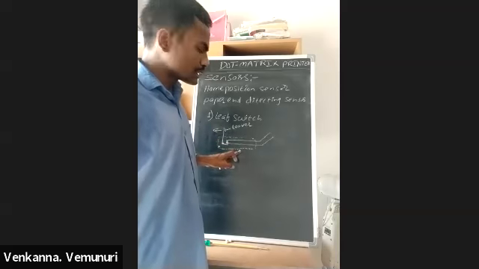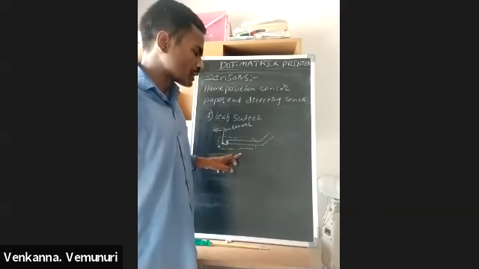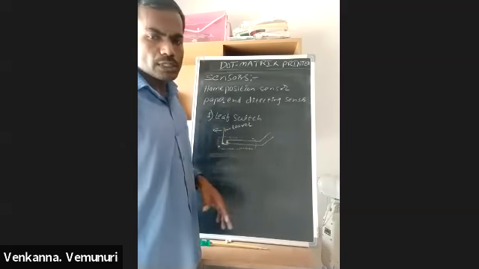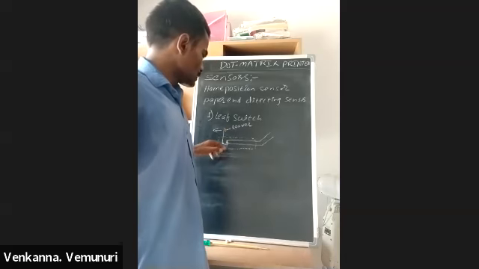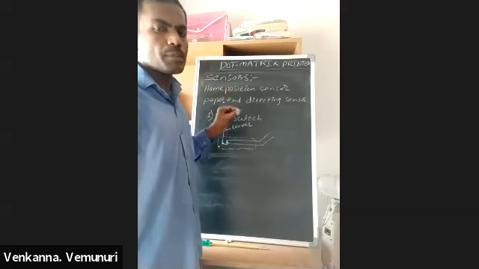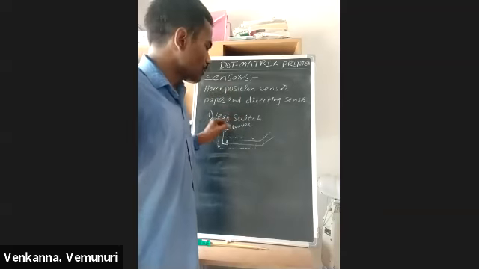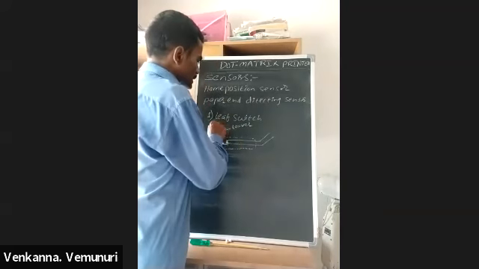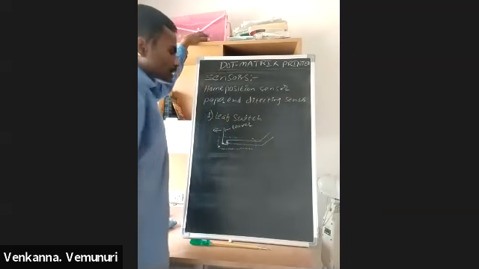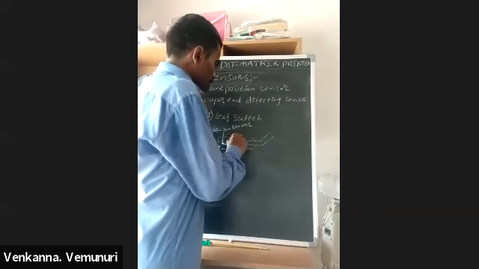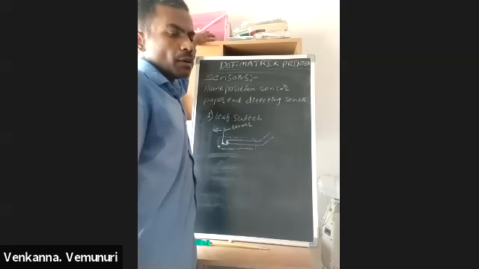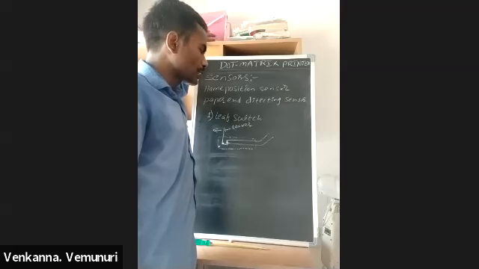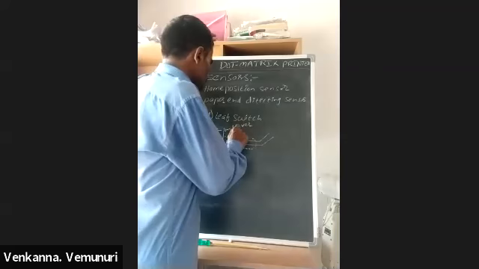In older days it was popular, but nowadays it is not used. The reason is that when used for a long time, moisture gets in, and because of the moisture these copper plates get carbonized. This is one drawback. But in older days this type of sensor was popular. This is one type of switch. Still, some companies use this type of switch in the paper end detecting section, as a paper detecting sensor.